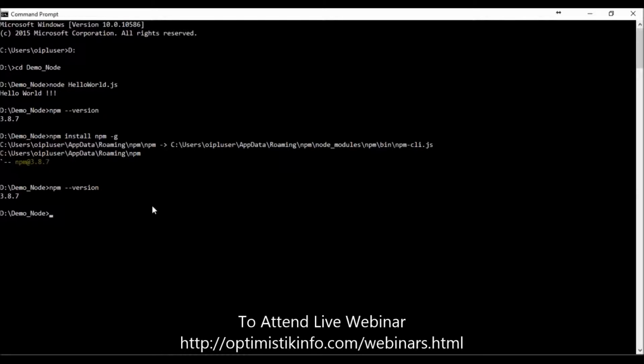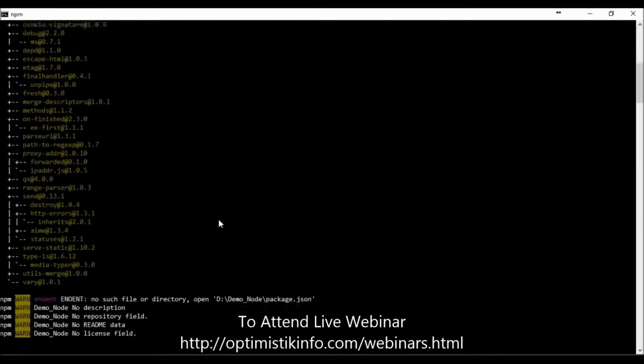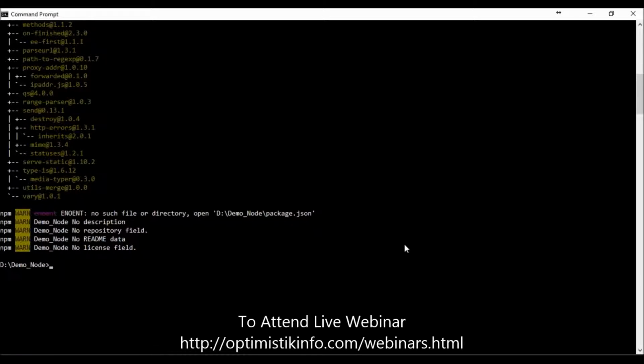If I want to install Express, you can install it like npm install express. So it will install the module express. Now see that express is installed on our machine.